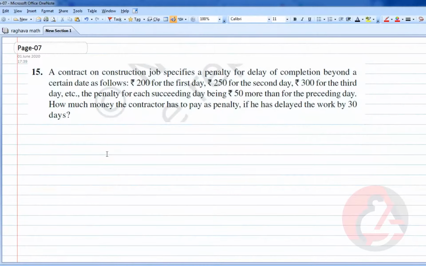Try to solve this question on your own, everyone. If any doubts, please let me know in between. I will explain. This is an example of how to handle a real situation.